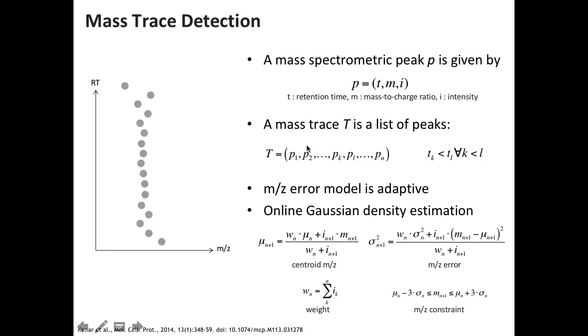So what we're going to do is use online Gaussian density estimation. It's basically computing the local error standard deviation online, and updating the error as we go along. And that is quite straightforward. We start with one peak, and these error bars indicate our nominal mass error. That is what we start with. That is what we should expect from the instrument. Now, we check for peaks to the left and to the right of that mass trace and check whether they are within this error bound. In this case, yeah, that's true. We add this peak to the mass trace. Now we have two peaks.